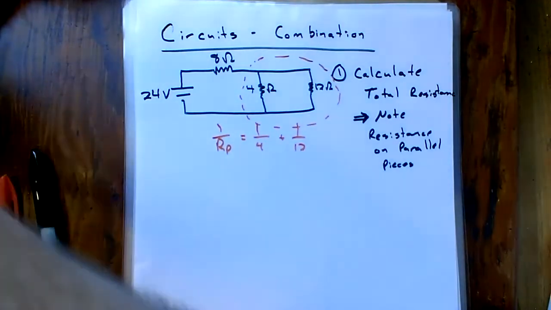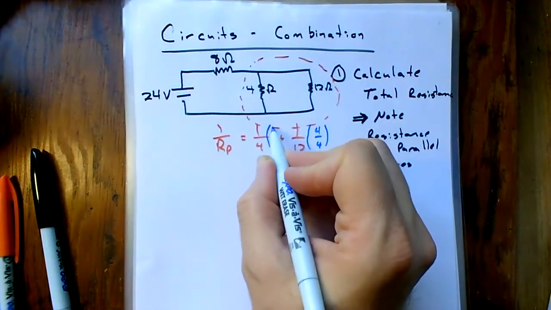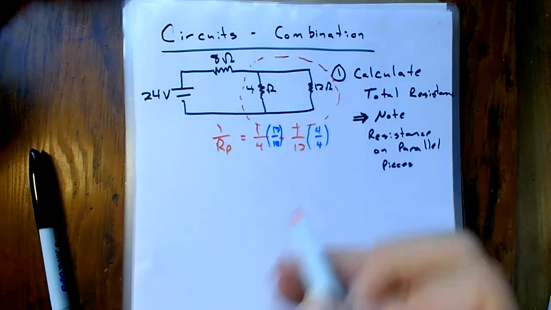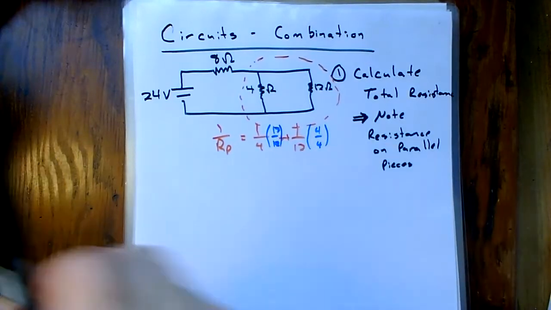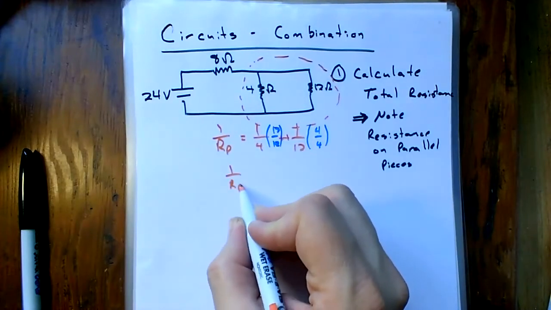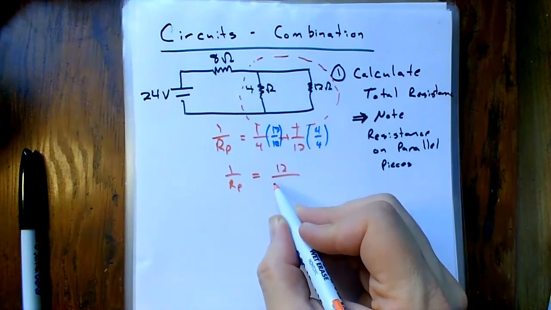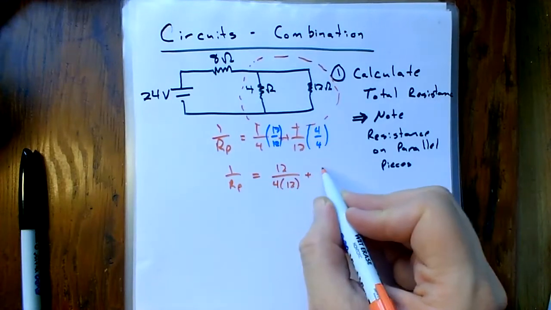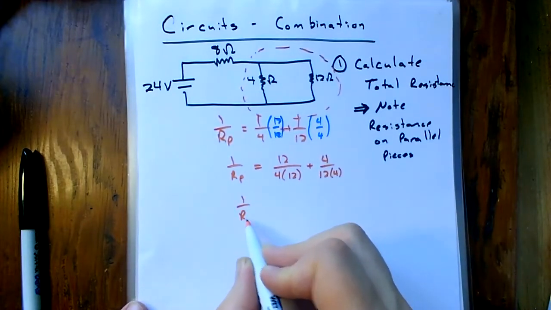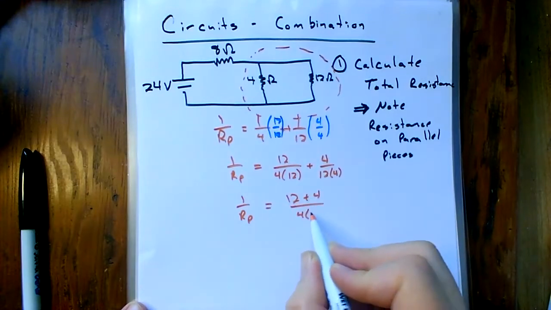If I were to multiply this by 4 over 4, and multiply this one by 12 over 12, and I know that's not the smallest common denominator, what we'd end up with is 1 over RP is equal to 12 over 4 times 12 plus 4 over 12 times 4. And hey, 1 over my parallel resistance is equal to 12 plus 4 over 4 times 12,